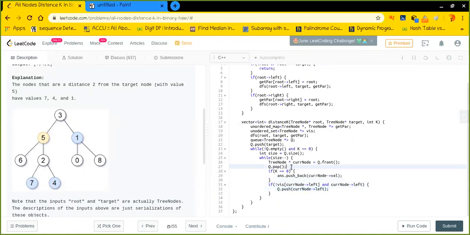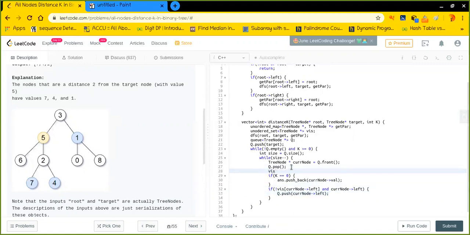And before that, I will mark it visited. Basically, I just have marked that this node is now visited. Now I'll do everything else.